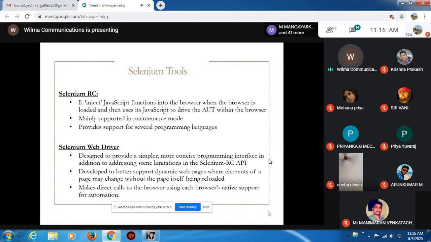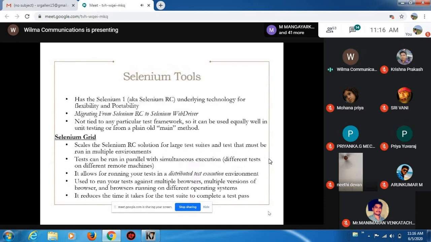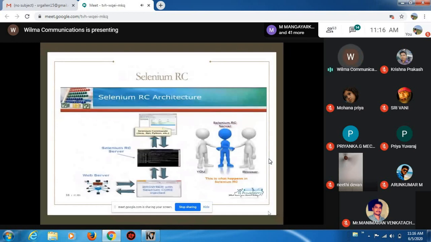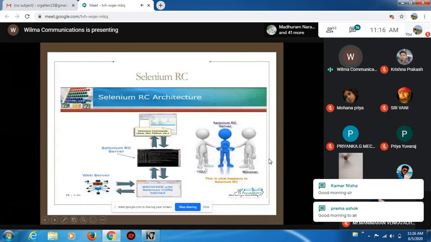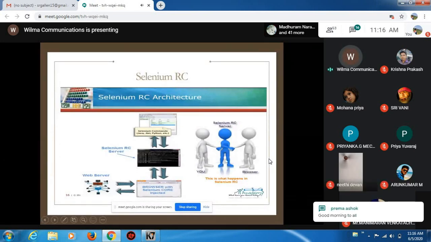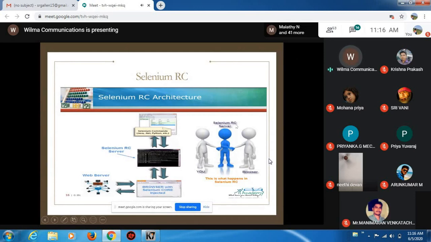Here you can see the difference between these two images. In Selenium RC, this is the client and this is the browser. If you want to send your request to the browser, you have to use another local server, which is called the Selenium RC server. So I am sending my request to this particular server.